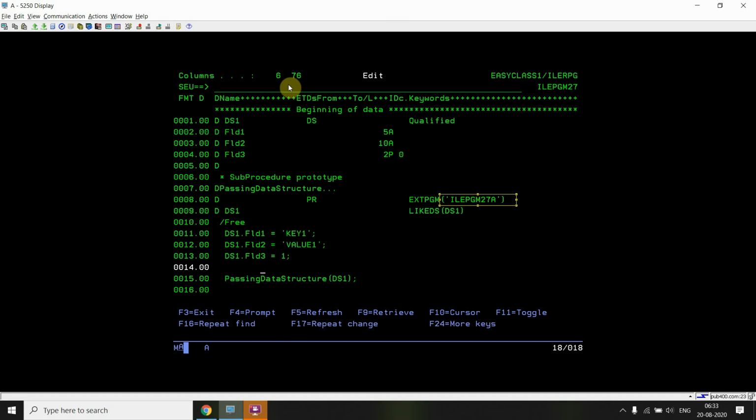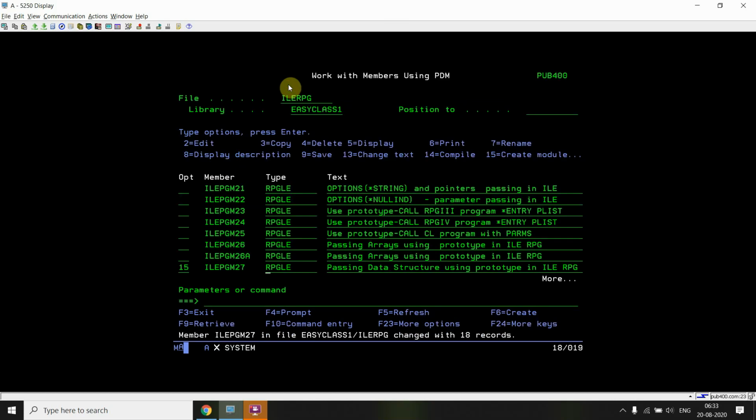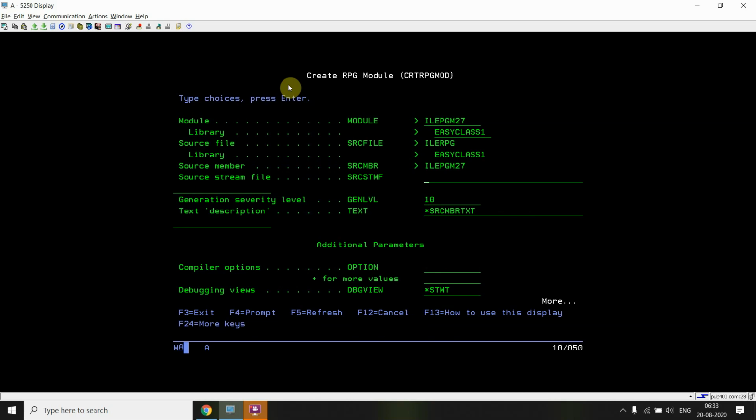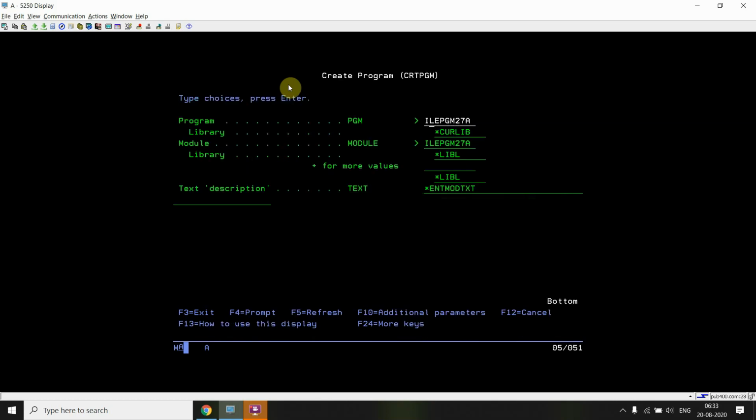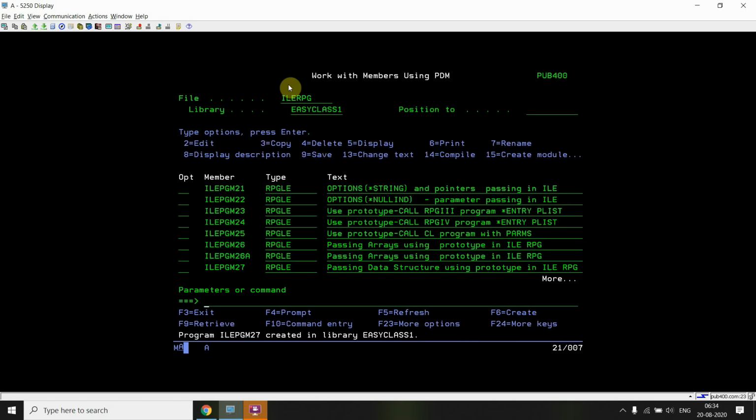So let's compile this program also. First thing is to create the module. This time ILEPGM27.